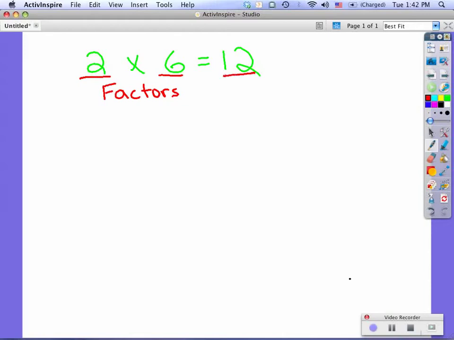In this case, the 12 is the product, but it's also a multiple of those two numbers, because if I have 2 times 6, I have 12, and if I have 6 times 2, I have 12. If I have 1 times 12,